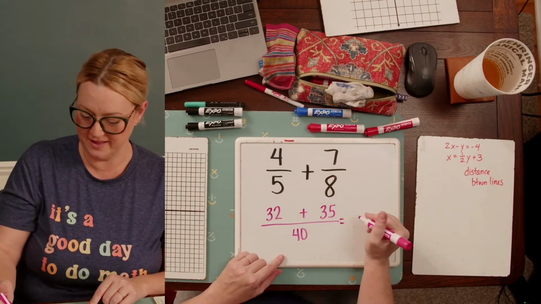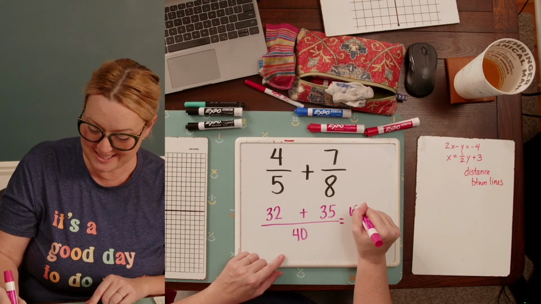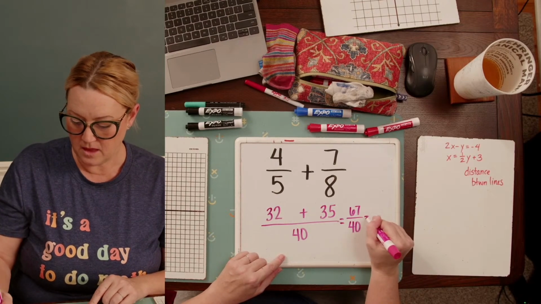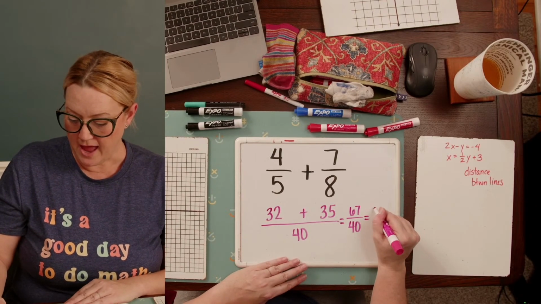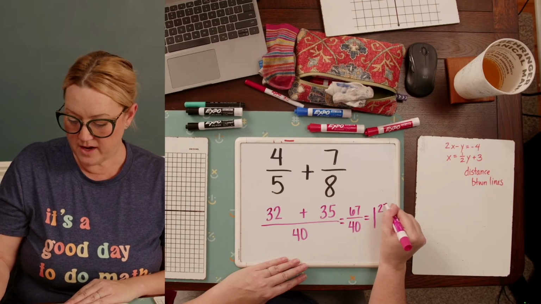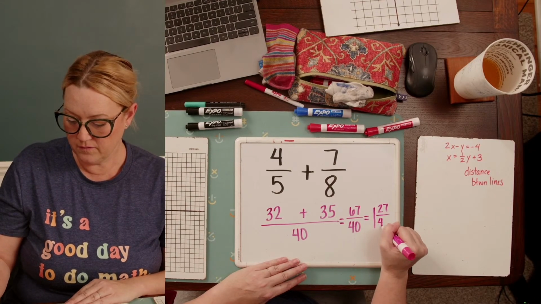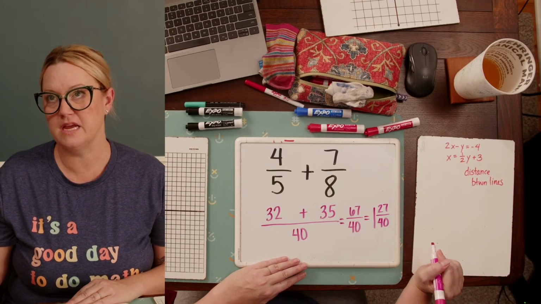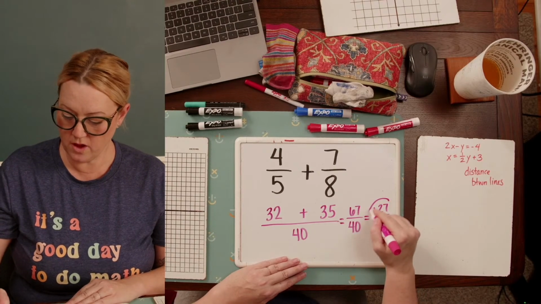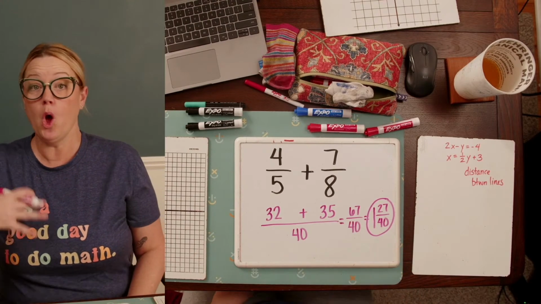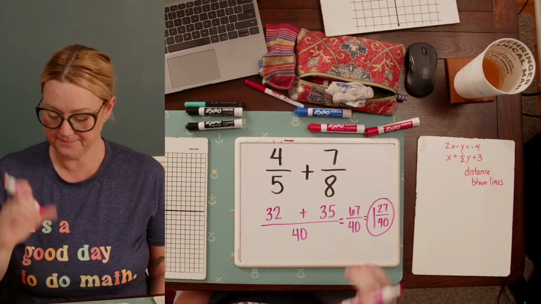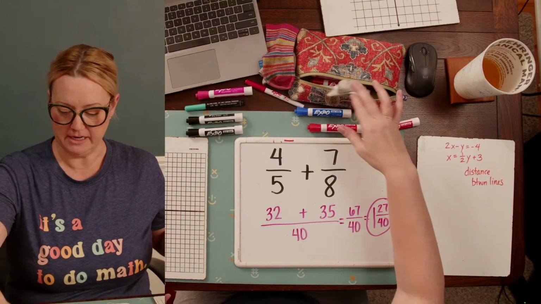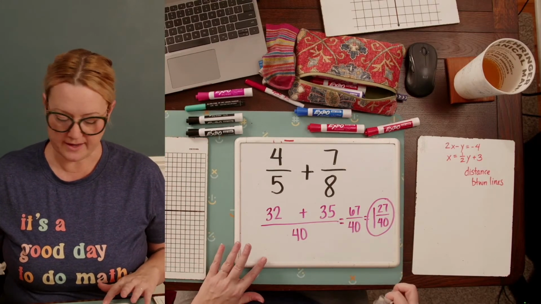Said it so confidently too. 67 over 40. So then we have 1 and 27 over 40. Can I simplify that? No. 3, 9. Nope. So it's 1 and 27 40ths. So almost 2 again, right? So our estimate was about right. Okay. All right, so